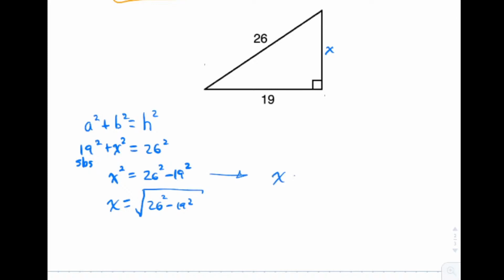Don't do this. That doesn't work. You can't just take the square root of this, the square root of this, and the square root of this. It doesn't work that way. You have to put the whole darn side in the square root. So with that as a warning,